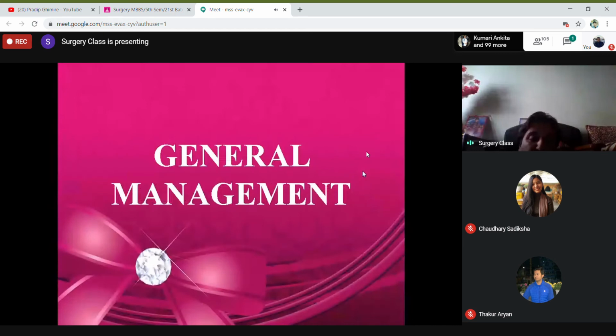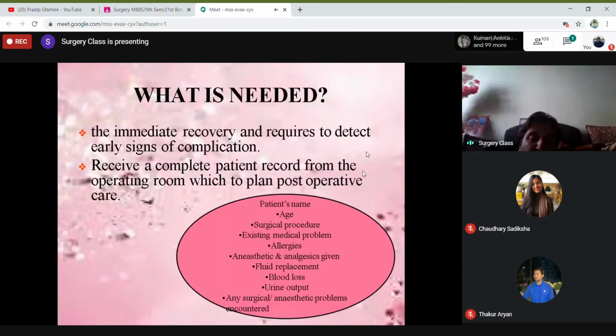Okay, so what is needed? The immediate recovery, and it requires detecting early signs of complication. Suppose the patient had major surgery and the patient bleeds in the post-operative ward or maybe in ICU. So you have to anticipate those problems. You must have put some drains in the abdomen, and that might show some fresh bleeding, and it keeps on coming and the patient is deteriorating. So all these things, the respiration of the patient, the pulse, the blood pressure, the temperature, the central